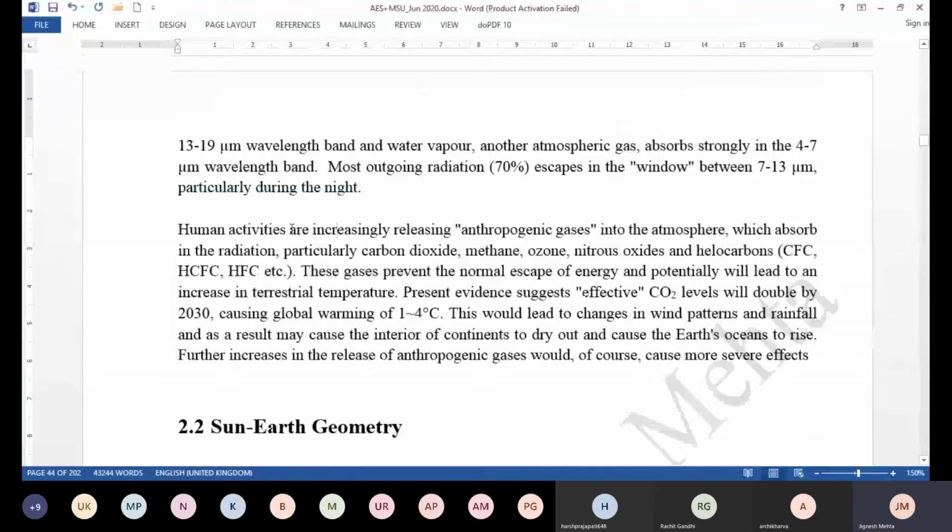But then if the greenhouse gas emission is too high and increasing continuously, then it can lead to more than the recommended temperature of the atmosphere, and that can have a disastrous effect on the environment and can endanger